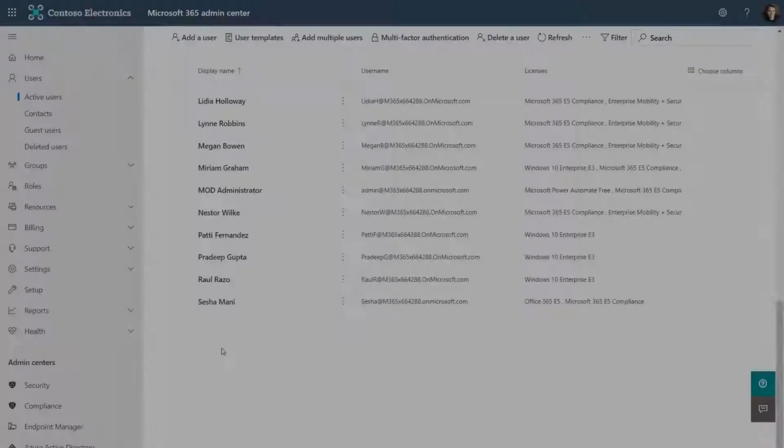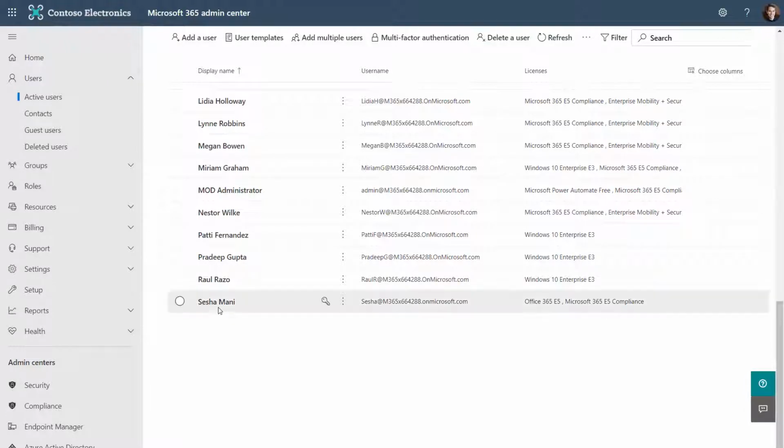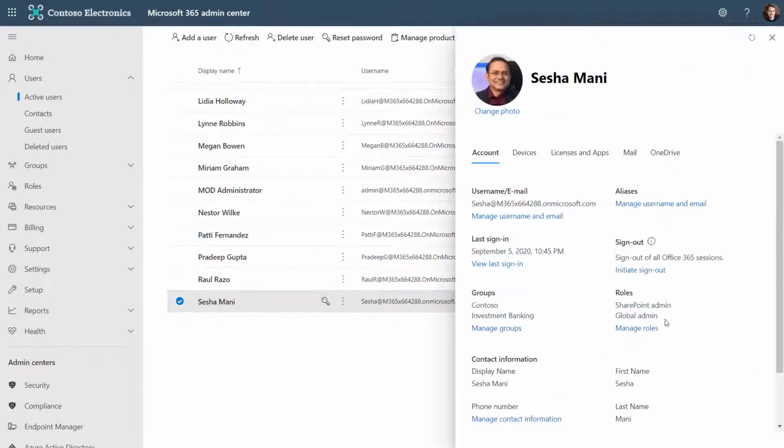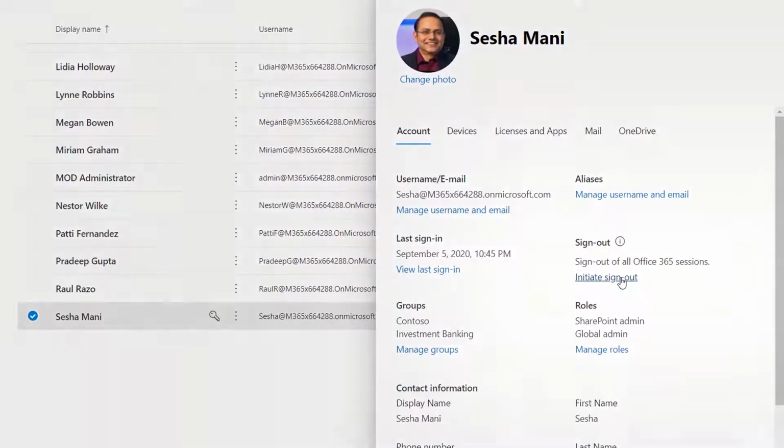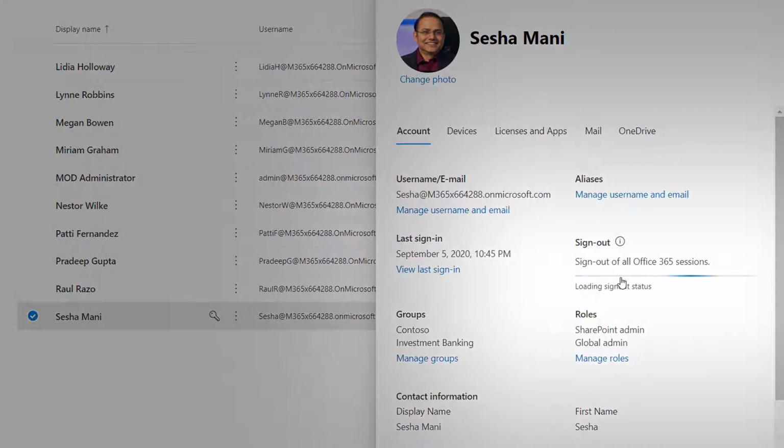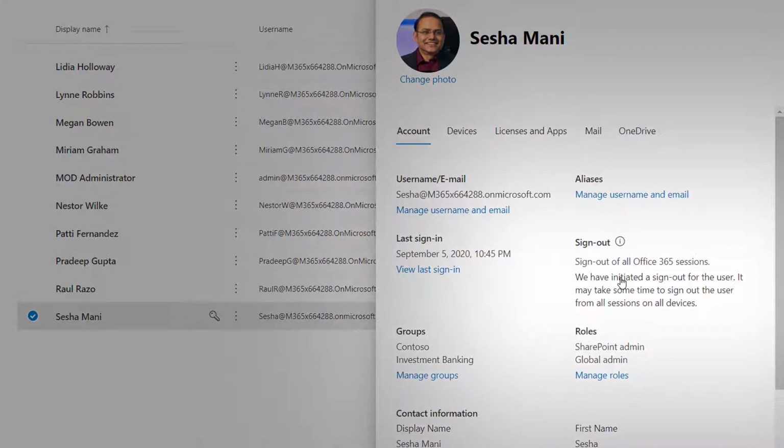And it gets even better for unmanaged devices. So say a user can't find their PC, their Mac, their phone, we can just sign the user out of everything. Let me show you that. Here I've got Sasha selected, and you'll see the sign out control right here on the right. I'm going to sign him out, and that is going to sign them out of all authenticated sessions, anything that